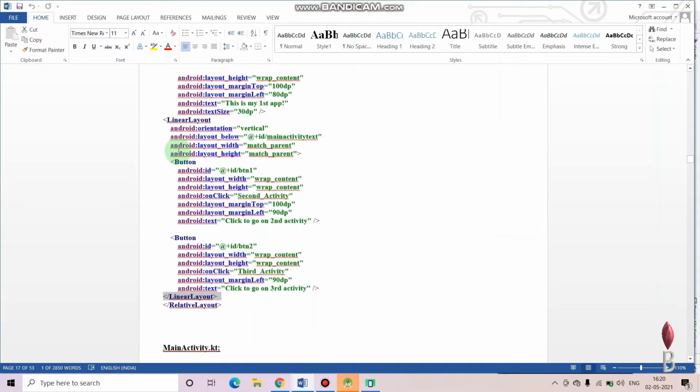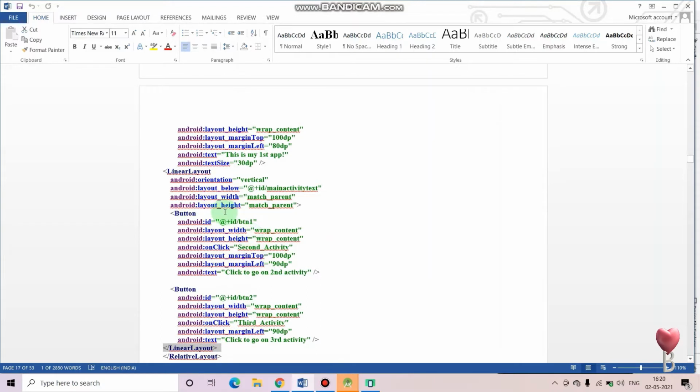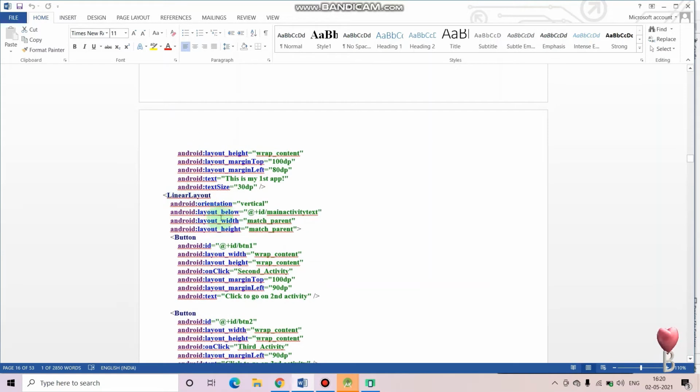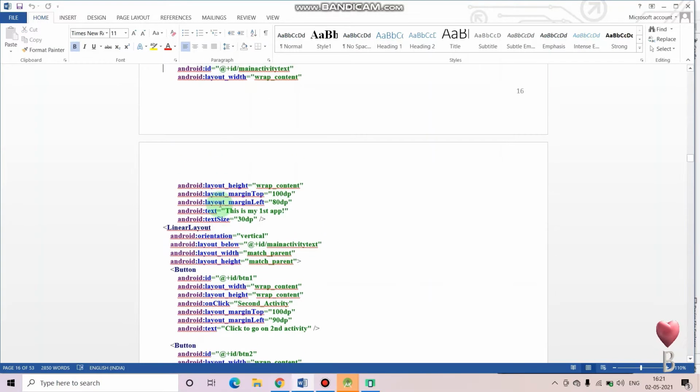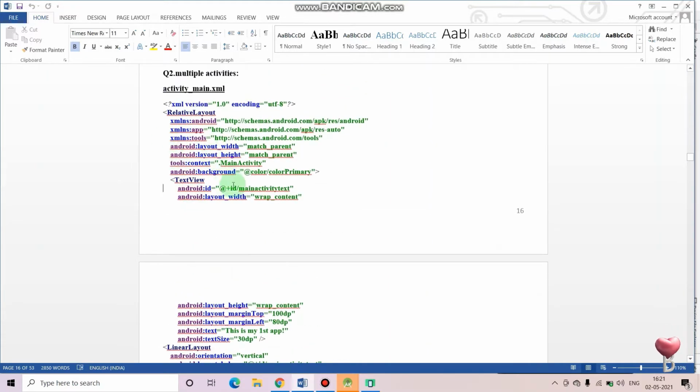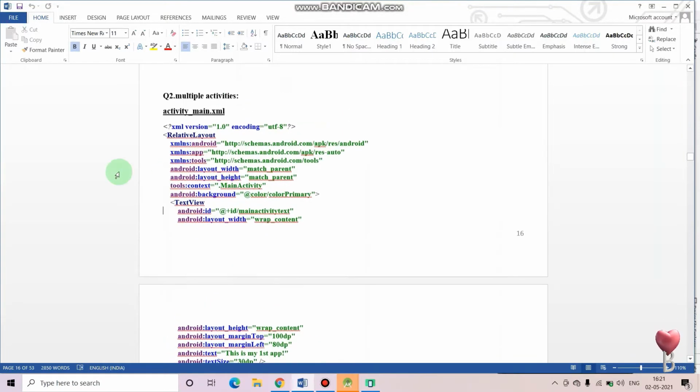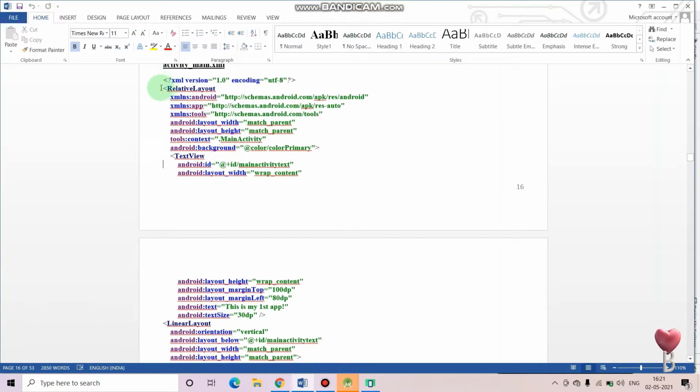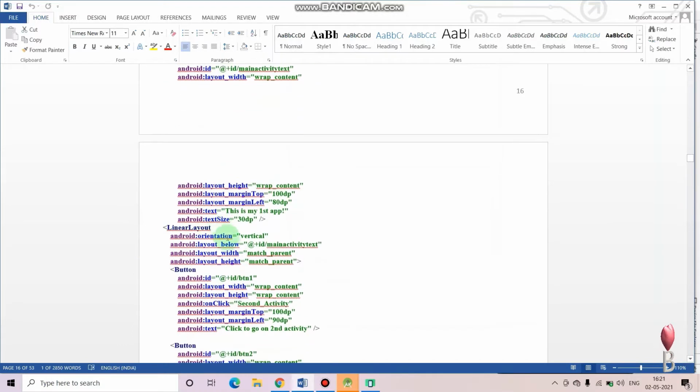Okay, why linear layout? Because I want those buttons to be in that format. I will explain all these things about the layouts in the further sessions, but till now please keep in mind, guys, that we have to keep it in the linear layout. You can use the layout differently, but you have to set those dimensions and everything perfectly then. So it is better to use relative layout and linear layout inside of it.